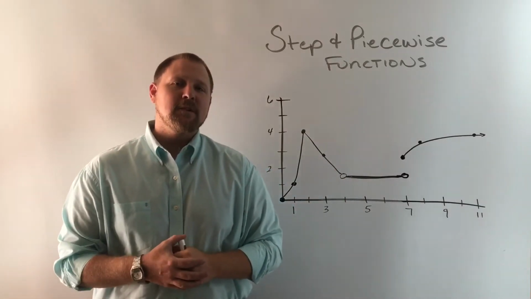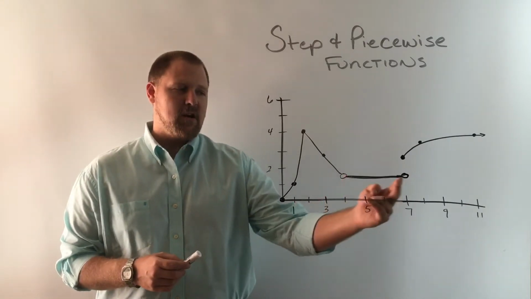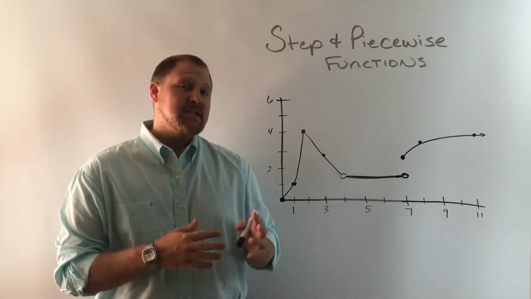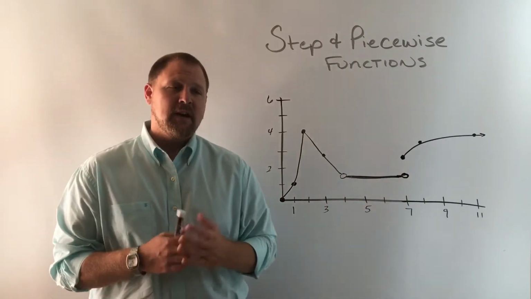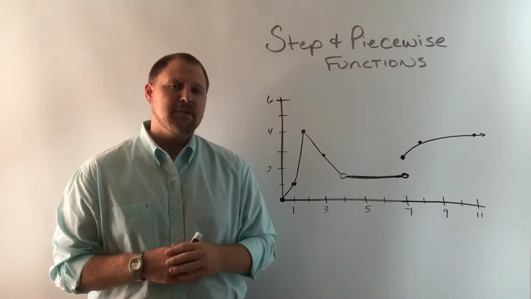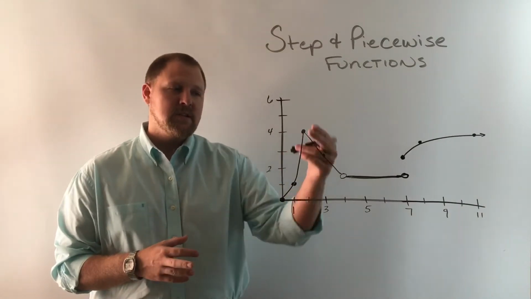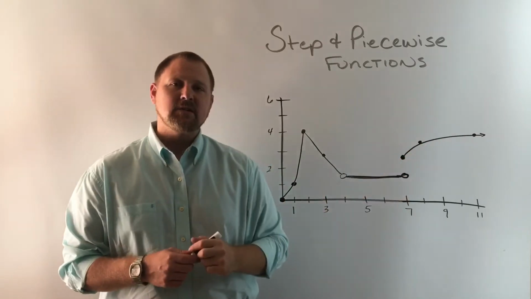This graph here we have as a piecewise function. One thing I want you to notice is that there is one constant function in this piecewise function. The reason why it's not called a step function is because there's only one. Everything else is pieces of other function rules that we have. In this case, we have a quadratic piece, a linear piece, a constant function, and then this is a square root